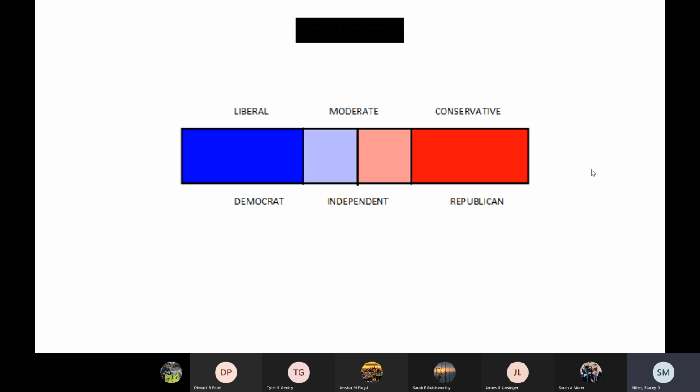Obviously, if you didn't know, political leaning is a spectrum, right? There is no just this and this necessarily. There is an in-between. And even this simplifies it, and definitely simplifies it probably too much, right? This is a very simplified version of what it looks like in our politics in the United States. Obviously, you have left-leaning. When you see the color blue, you're thinking more liberal or Democratic. When you see the color red, you're usually thinking more Republican or conservative.